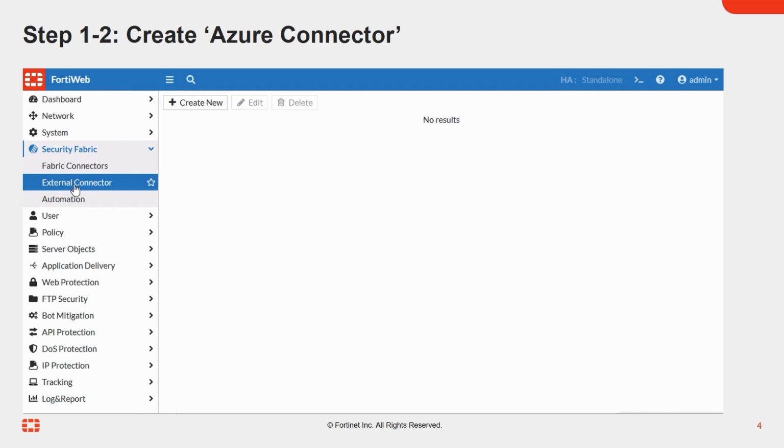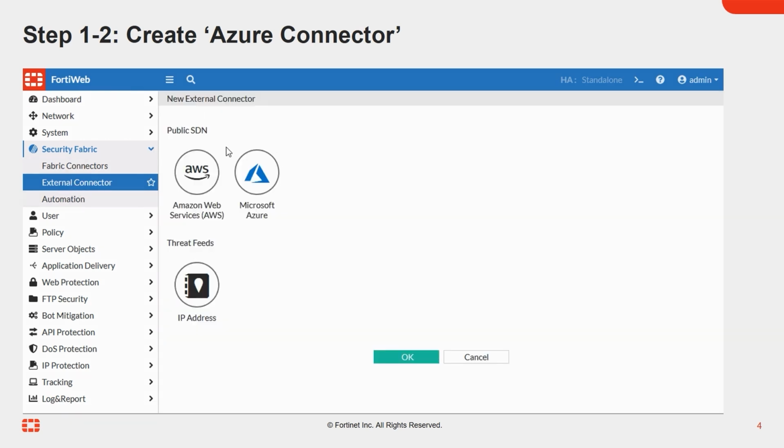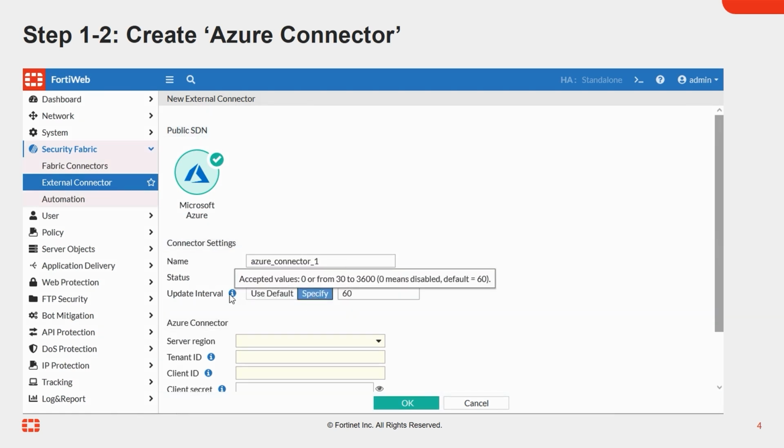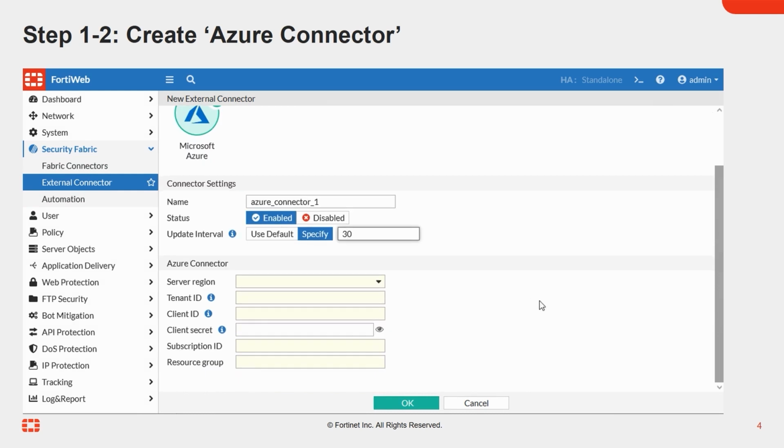Similarly, to create an Azure connector, create a new Microsoft Azure connector, enter the connector name, tenant ID, client secret that can be used to access the web server,